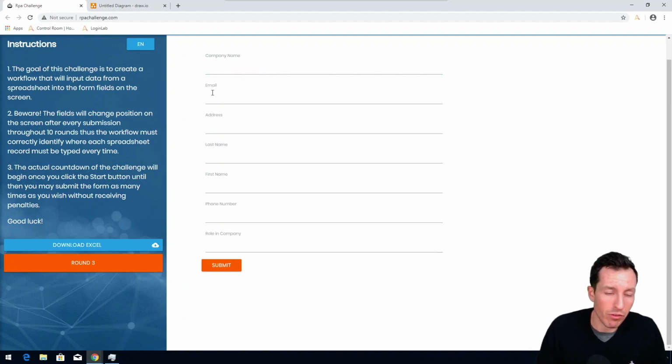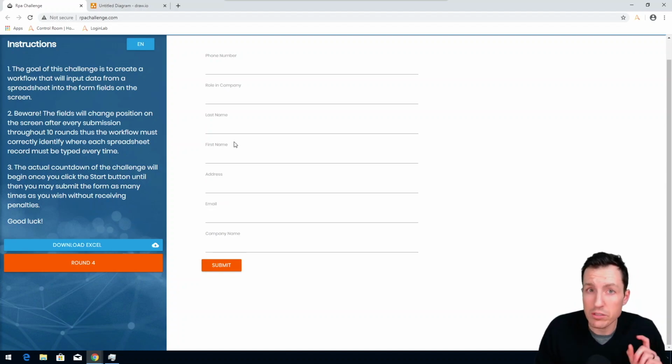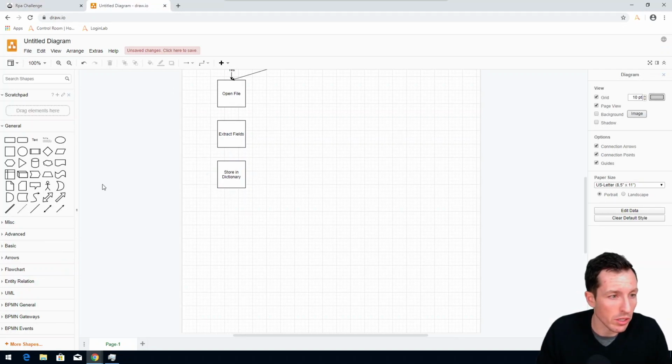And we'll do the same thing for email and address and last name. And then when the order changes, this should still work, right? So we're going to try that out. And what we'll do is we're going to store it in a dictionary, and then we will,